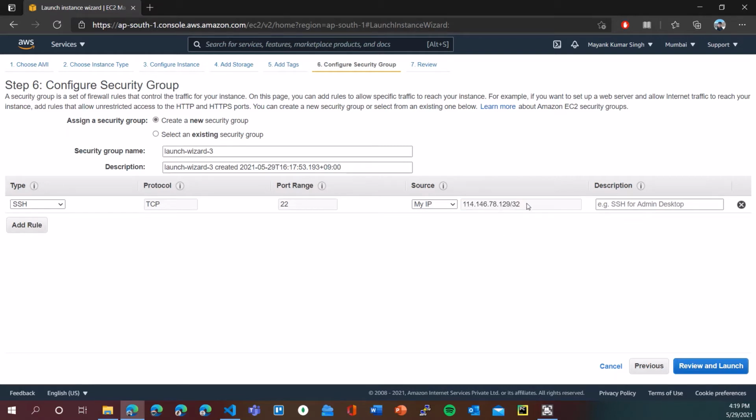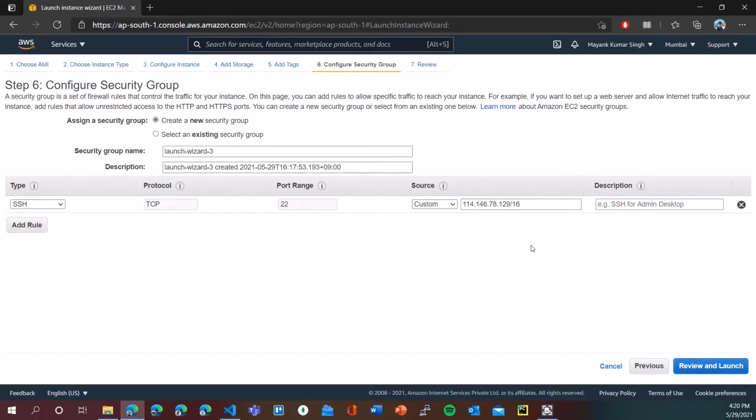This will mean that only the first 16 bits of your IP address will be matched, and the rest 16 bits can be anything. So this creates a subset of IP addresses which can connect to your server, and that's fine because at least the probability of a hacker being there on your own ISP is quite small. So instead of choosing /32, copy this IP address, go to custom, paste your IP address and change 32 to 16.